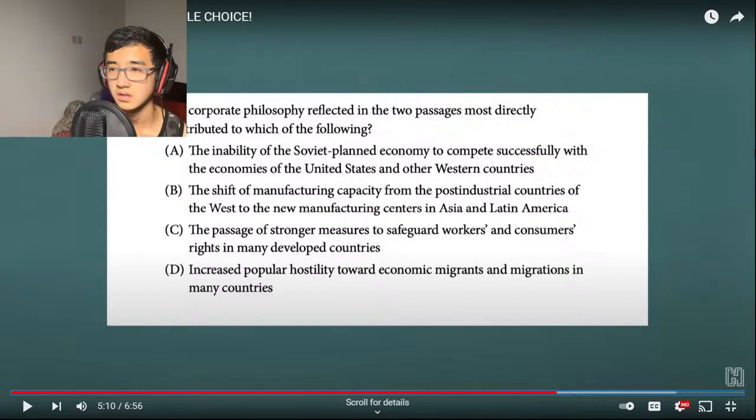No, not A. Not really B. Not C. Not D. Oh my god, what the heck is it? Passage